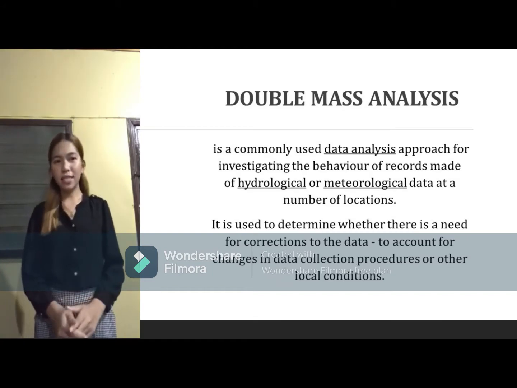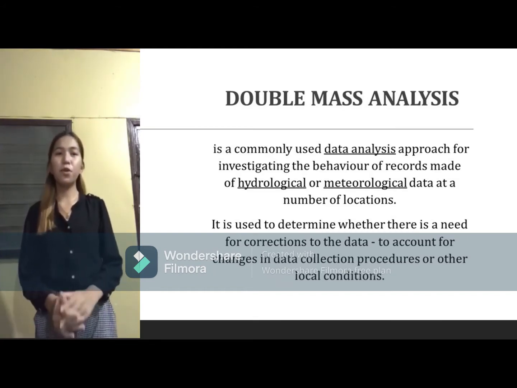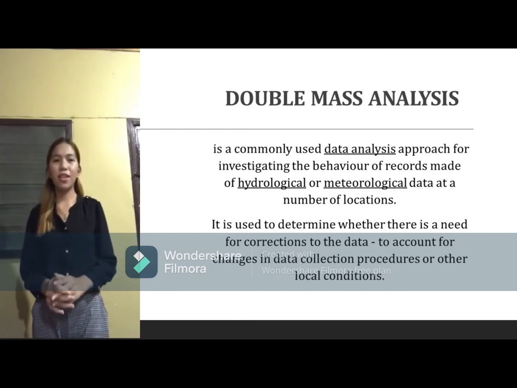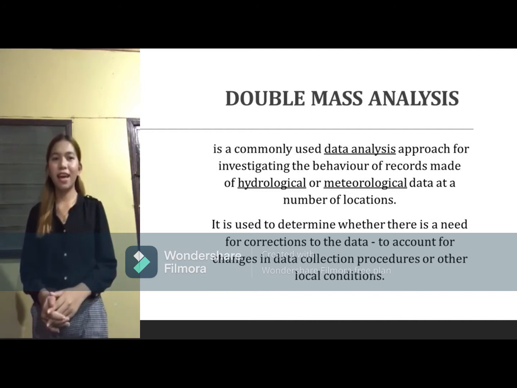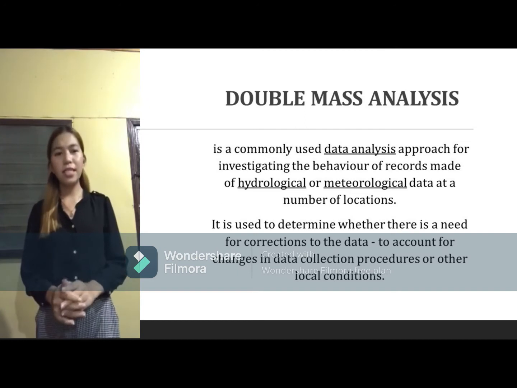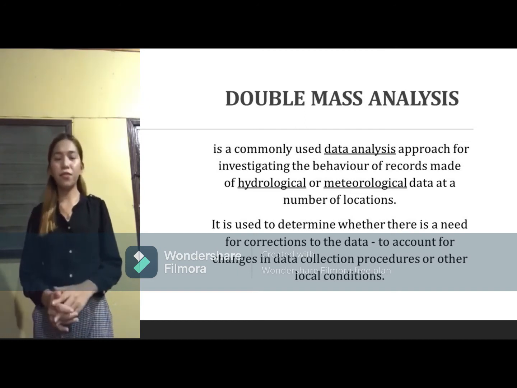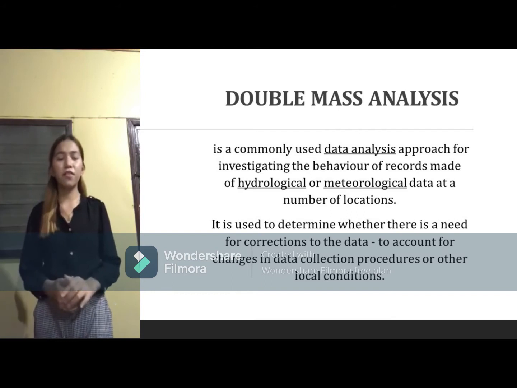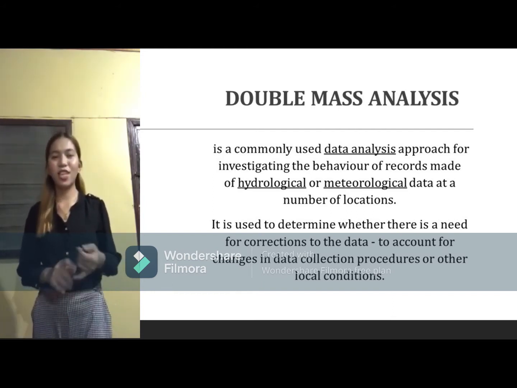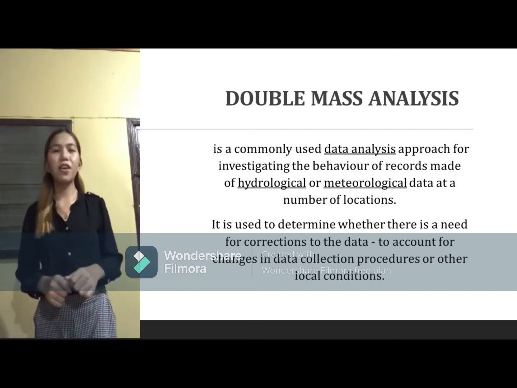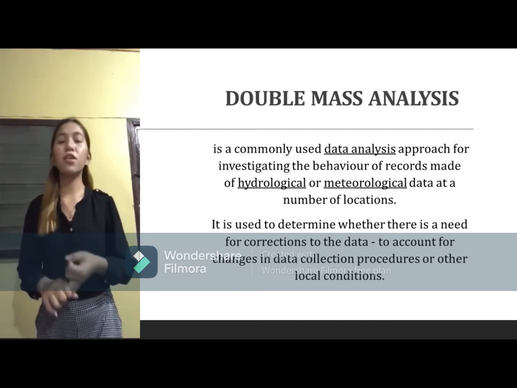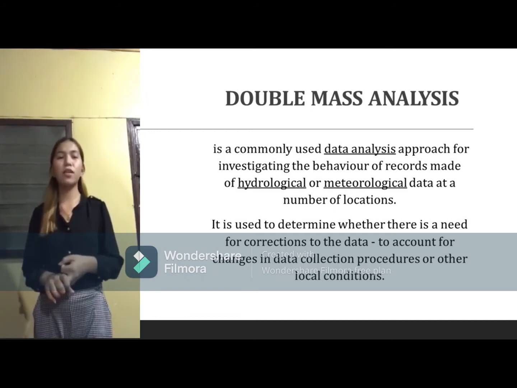Double mass analysis is a commonly used data analysis approach for investigating the behavior of records made of hydrological or meteorological data at a number of locations. It is used to determine whether there is a need for corrections to the data to account for changes in data collection procedures or other local conditions. Such changes can result from a variety of things, including changes in instrumentation, changes in observation procedures, or changes in gauge location